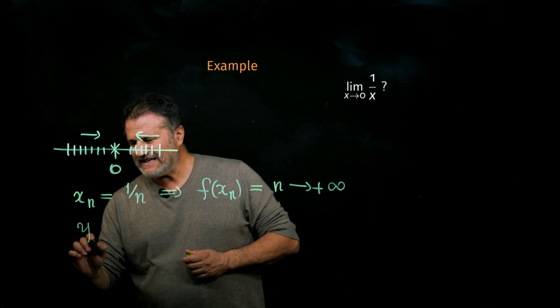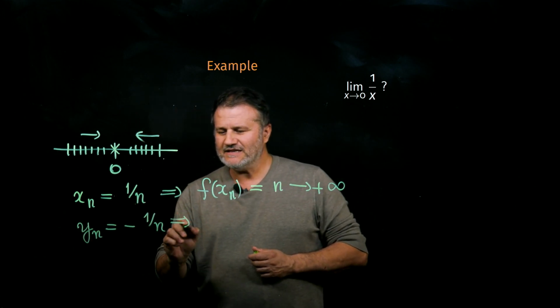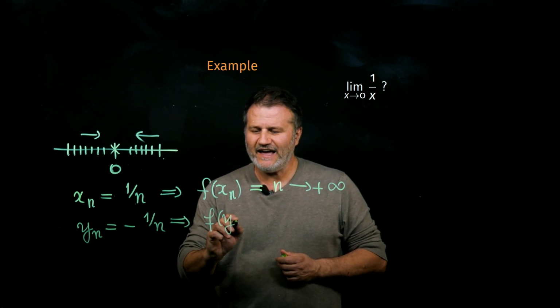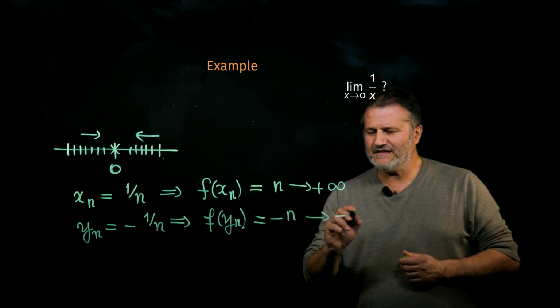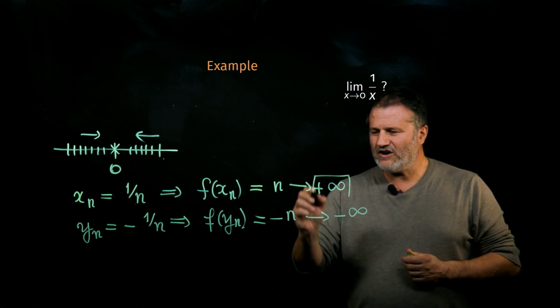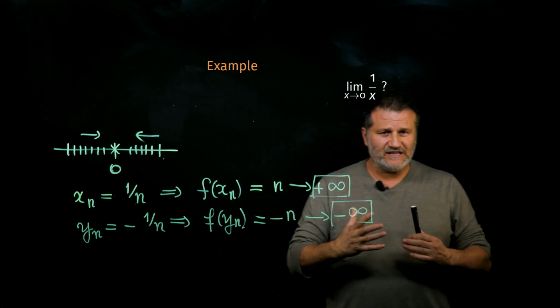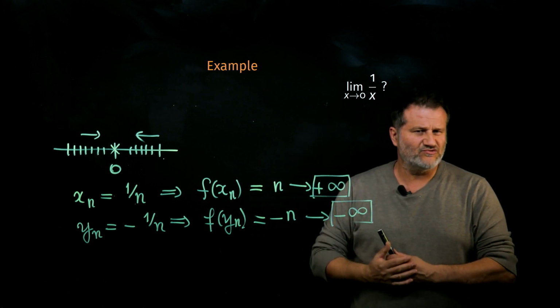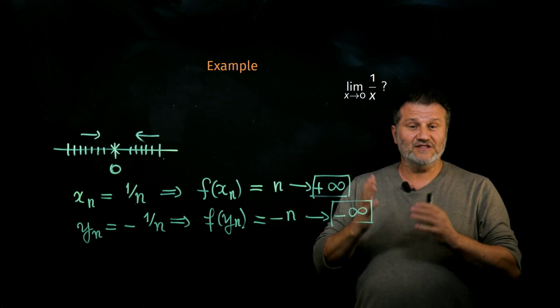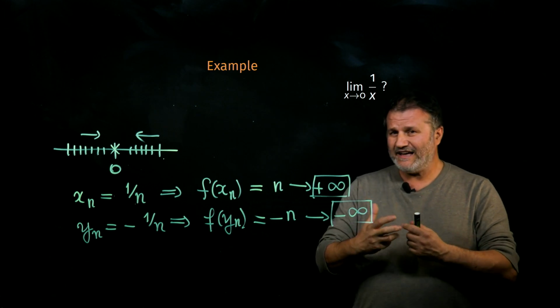While if I take a second sequence yn equal minus 1 over n, f of yn goes to minus infinity. So as you can see, I got two opposite limits here. In particular, it is not true that all the roads lead to Rome, because there are two different roads that lead to two different towns. So in this way, I would conclude that this definition is not working, and therefore the